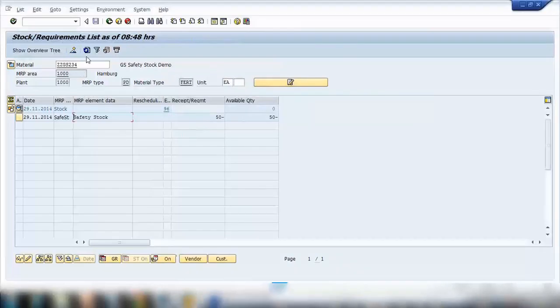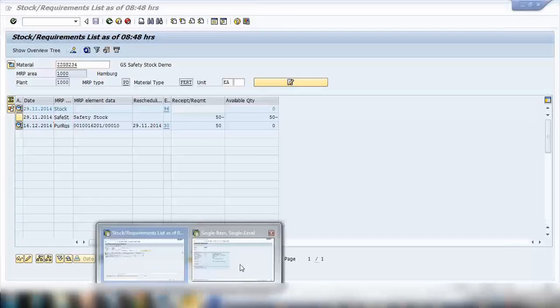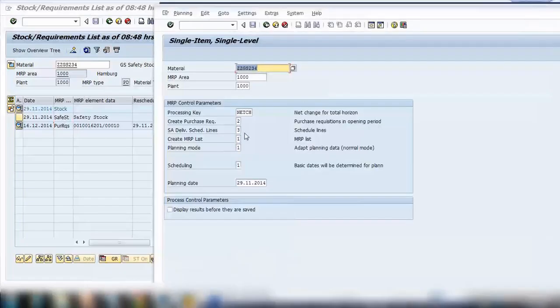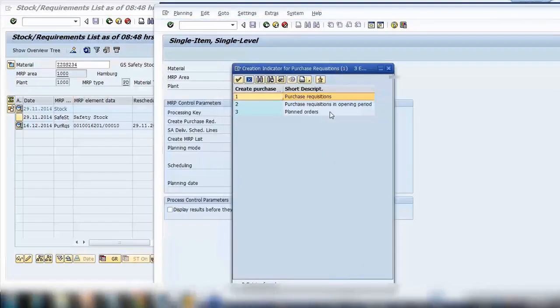Okay. So if I refresh this one, you can see it created a purchase requisition. Now why did it create a purchase requisition? Because here in the MRP run, we have selected 2. I've already explained this one in the previous topic, that 2 means purchase requisition in the opening period. Okay, so we covered this one already. But if I just say create